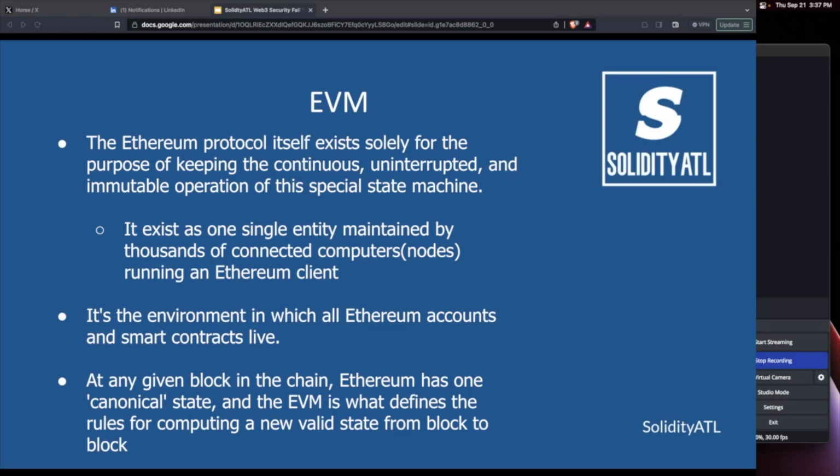And we're going to talk about it in the next few slides, but these Ethereum clients, these nodes, are computers that are running implementations of the Ethereum virtual machine. So this is where, when you actually are creating a transaction, your computer is interacting with these nodes to update the state of the Ethereum chain.